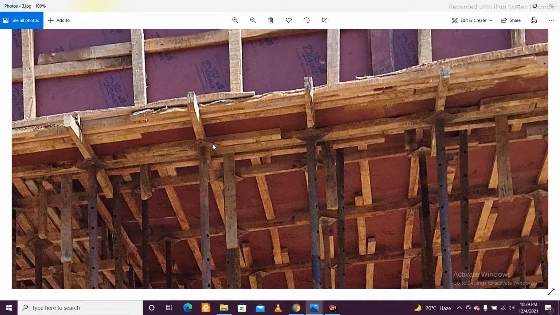In some places there is an error, and the particular steel prop is not below the button, it is directly on the ply or the steel sheet, whichever you are using. It shouldn't be on the steel sheet or the ply which is used for the centering material of the slab or the beam. It should be below the button or any steel support which is being used for the horizontal supports.